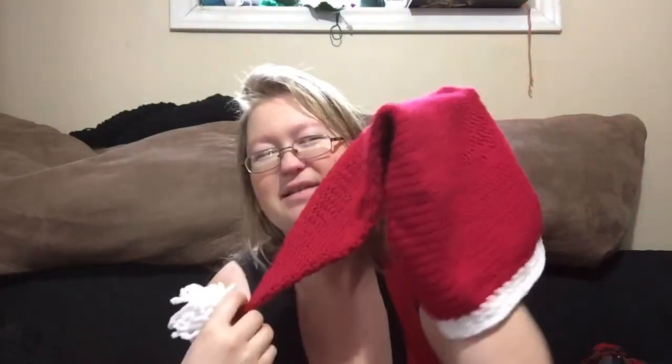Next up, finished objects. Alright, finished objects. I can't remember the last time I had a finished object on the podcast. Probably maybe a week or two. I cannot remember, but the first finished object I have to show is a part of an outfit that I made for Fan Days, and it's my Santa hat, which I was working on actually last week. I actually finished this last week too, after the podcast, but it's finished. It's finally finished, and it looked great with the outfit, in which you'll see at the end of this episode,